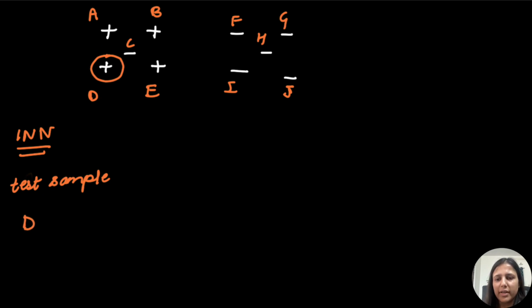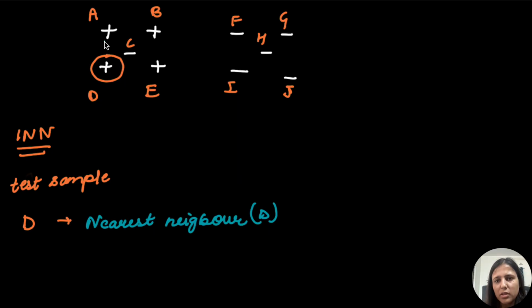So I will find the nearest neighbor of D. Okay, you can look at this data and you will see that suppose this one is 1